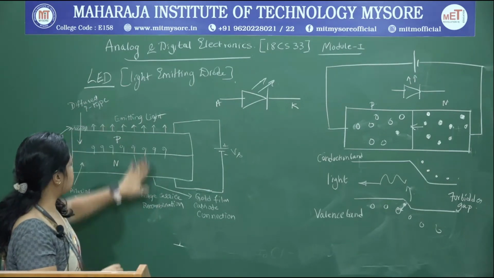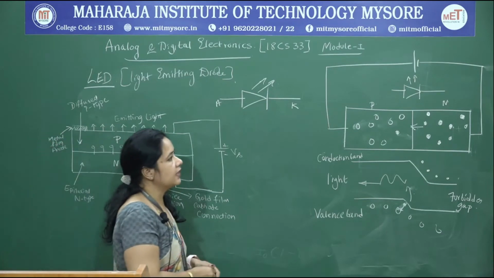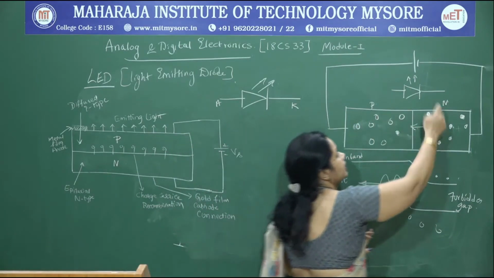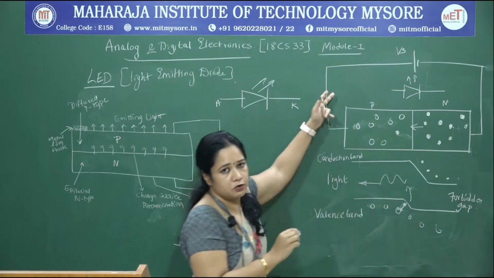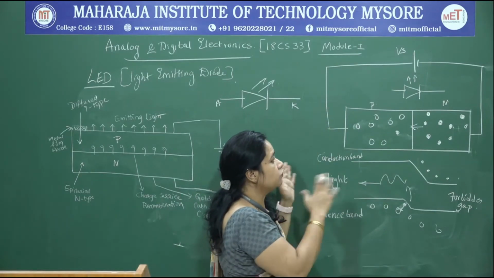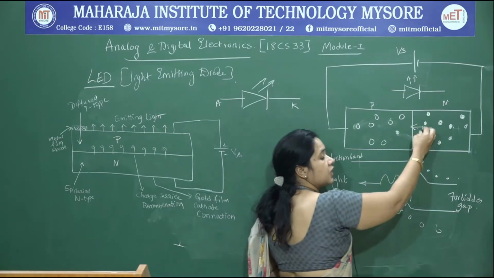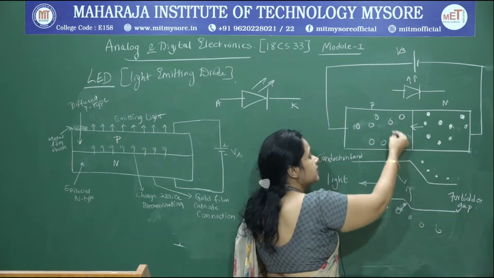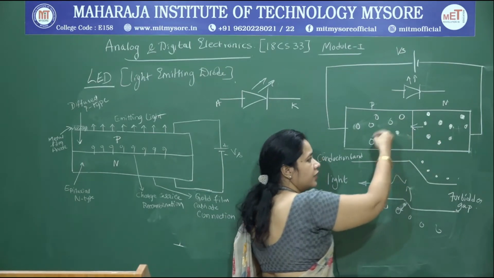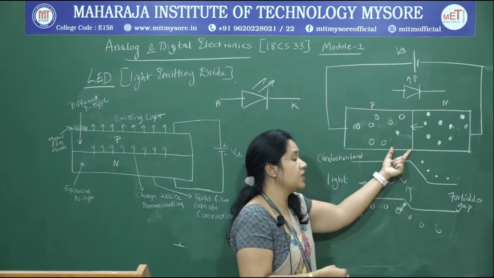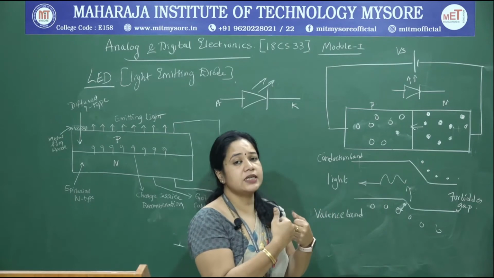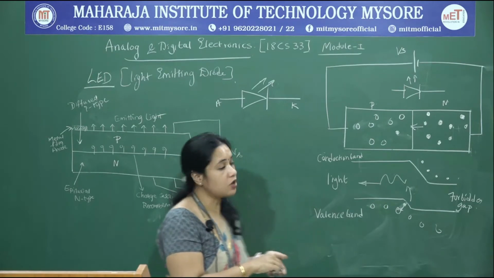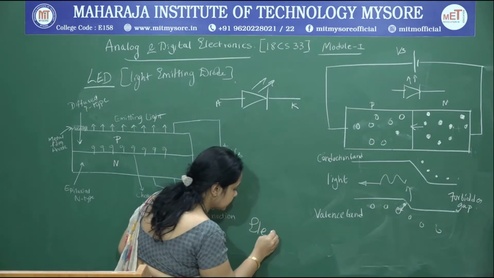So what we do here, this shows the cross sectional view, and if you want to understand the construction, I put it in a better diagram here. So you can see we have a p type layer and an n type layer which is forward biased using a voltage supply. When you forward bias, electrons, which are majority carriers in the n region, start diffusing into the p region. As a result, you can see electron hole recombination happening at the depletion region, and when electrons and holes start recombining, they emit radiation, and this process we call electroluminescence.